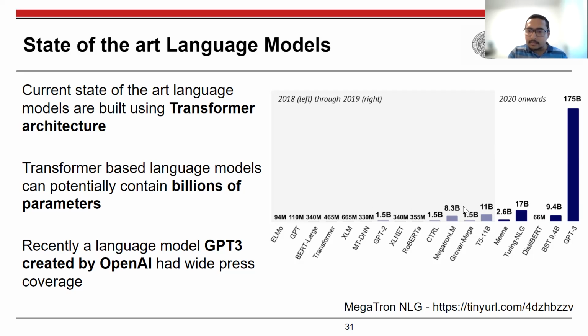One of the most popular models, created by OpenAI, has 175 billion parameters. And just 2 weeks ago, a model came from the combined effort of Microsoft and NVIDIA. Microsoft and NVIDIA have come up with this model called Megatron NLG, Megatron Turing NLG actually, and you can find this model in this link.